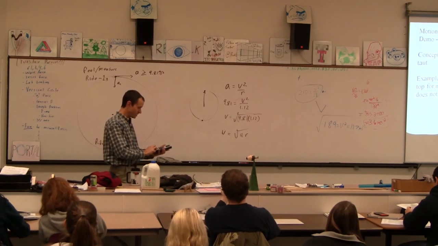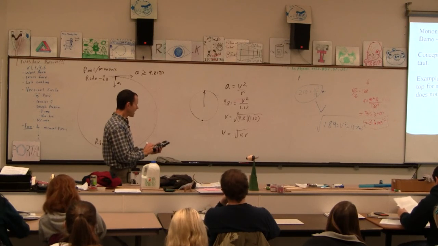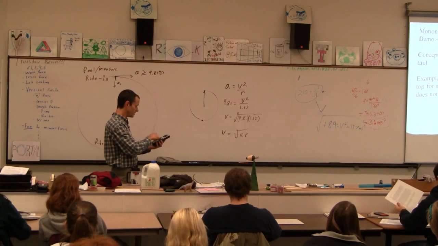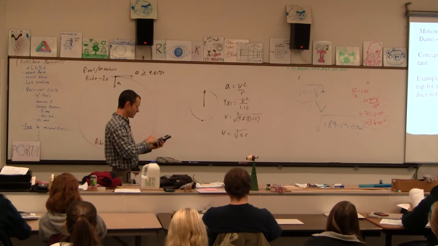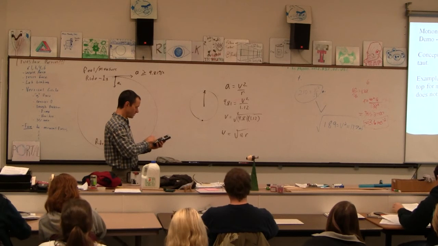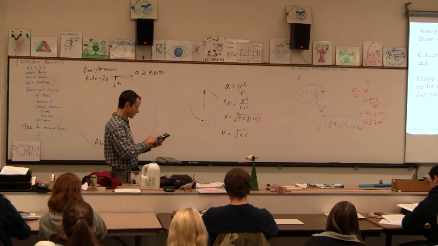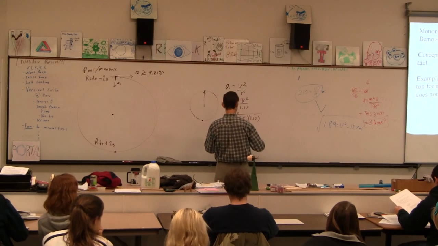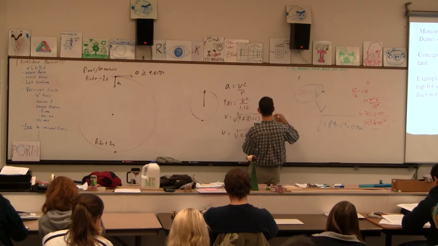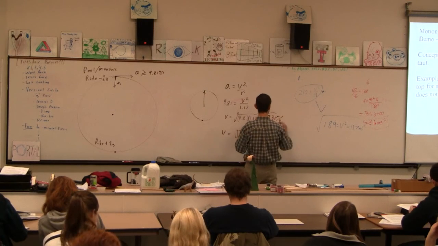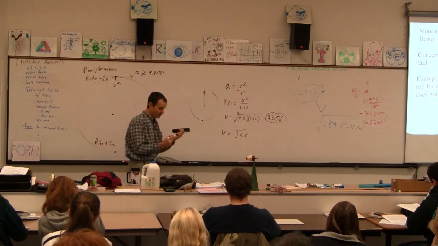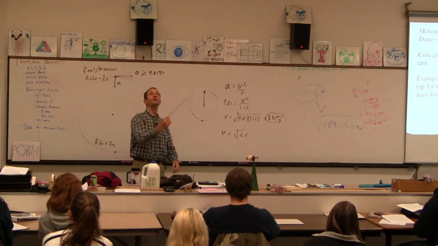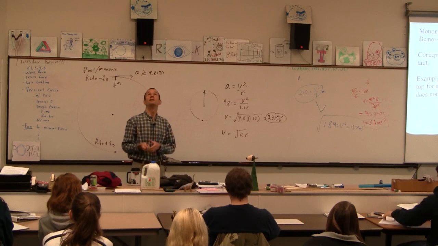It's the absolute value, but we're talking about the speed here, so it's not really an issue. Okay, so the square root of 9.81 times 1.12 is 3.31. How many sig figs do we have? 3 sig figs. v is equal to 3.31 meters per second. So presumably, if we go 3.31 meters per second, and this string really is 1.12 meters long, if we're going that fast, exactly that fast, then the string